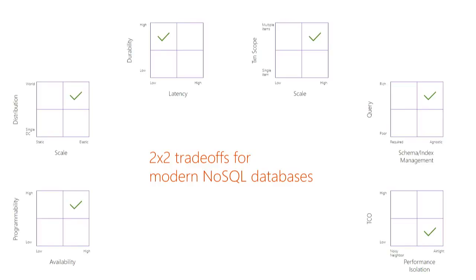Let's talk about scale versus distribution. For scale, every database likes to say it's elastically scalable. There are a few databases that actually do this very, very well. The ones that don't do it well give you some tools for rebalancing data and go, hey, you want to scale up, you want to scale down, we give you some tooling, good luck. And during your scale up process, you're going, man, I don't want to take my website down. How do I maintain the availability of this website while I'm rebalancing all this data across a greater number of shards? Well, it turns out some databases give you the ability to do this. You can scale up and down on demand without having to sacrifice availability.